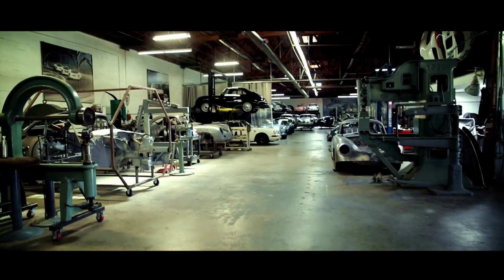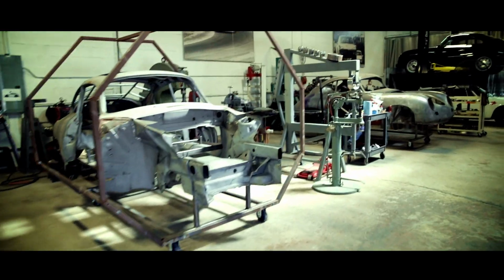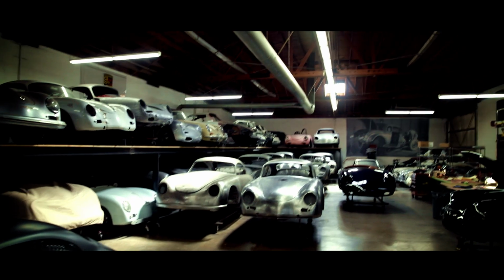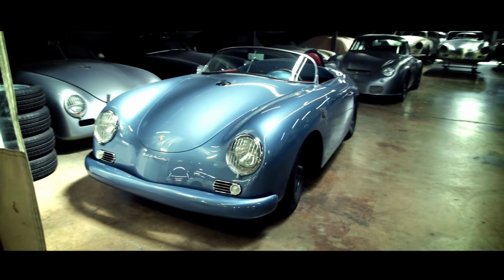full restoration. So we disassemble the cars 100%, put them in an octagon rotisserie and do all the rust repair, chassis stiffening, and then repair all the metal work. You know, these cars have gone through a lot of various stages in their life, so there's lots of work to be done. And it takes about 12 to 14 months for us to complete a project from start to